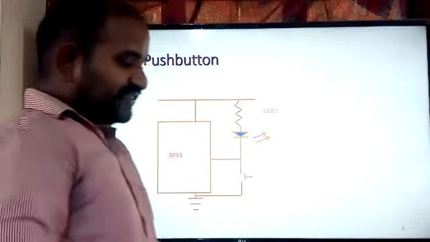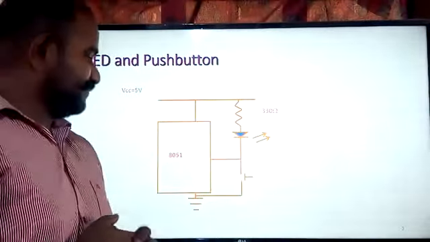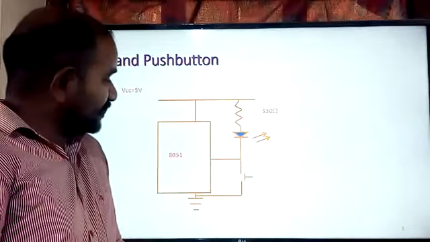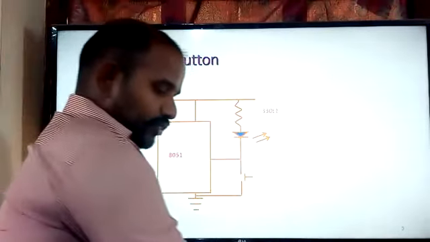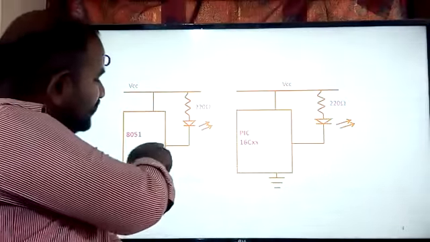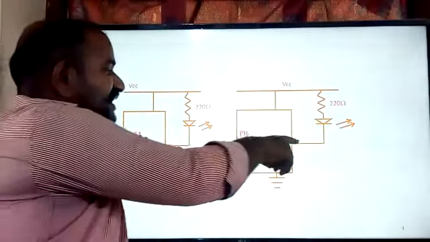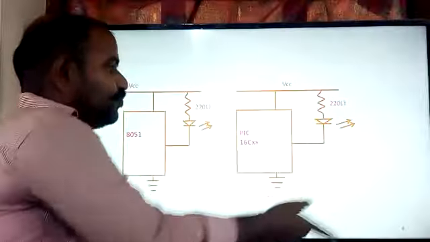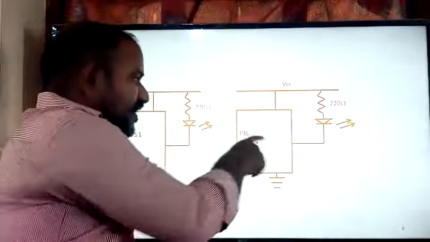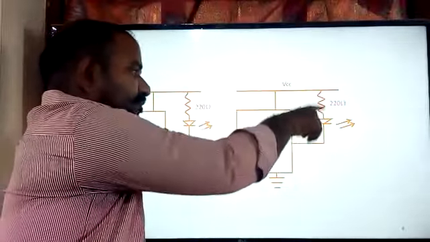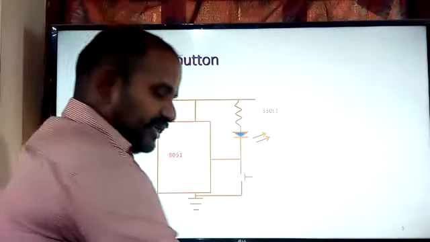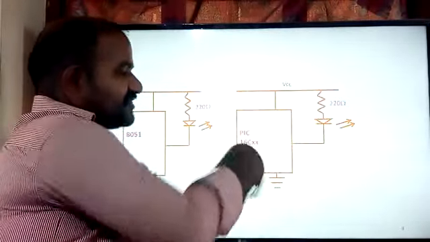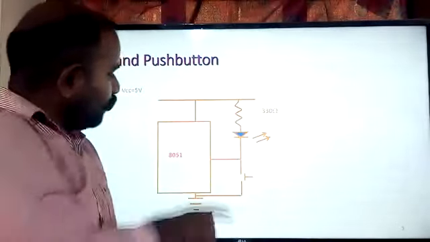Now I would like to interface the LED using the push button. Here, we are configuring the port pin as an output port, because output port means you are writing the binary 0. Because of that only it is going to glow, otherwise it is not going to glow. So in this case the port is configured as an output port, but in the next case the port is configured as an